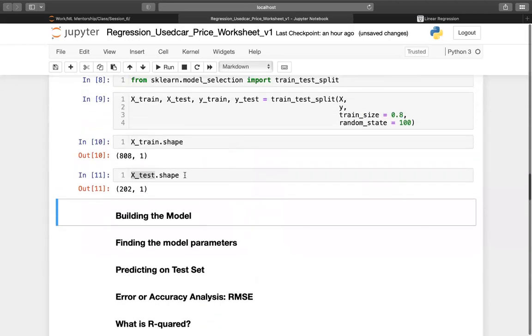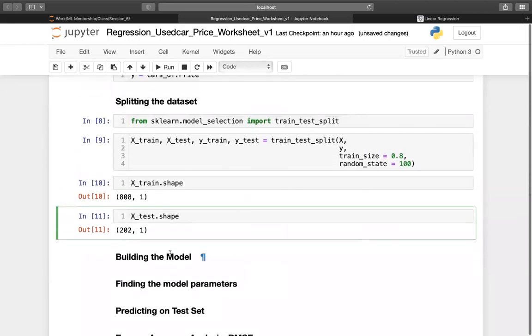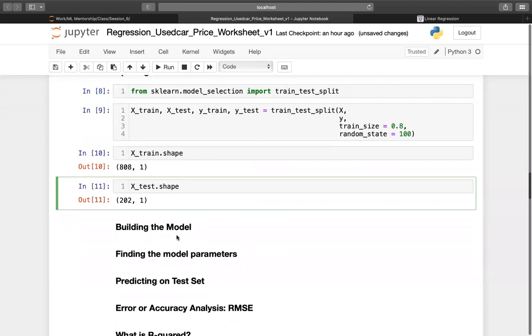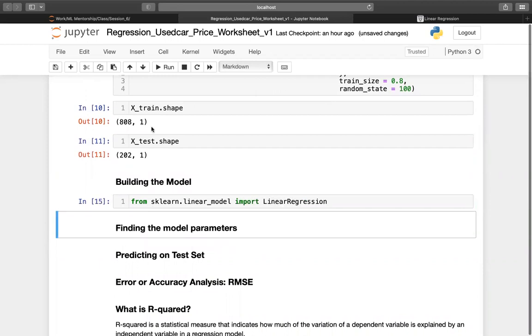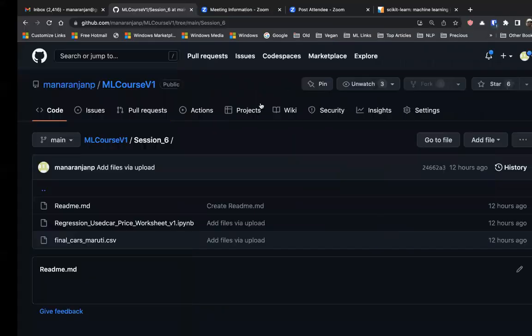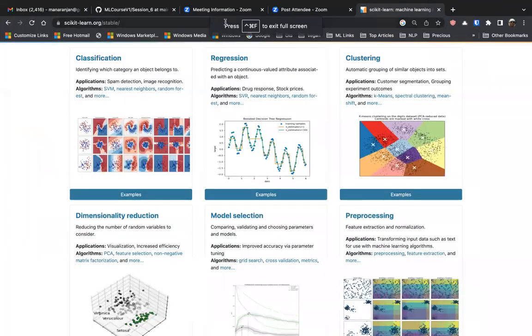Now the first thing that we'll do is what? We'll go and build a model. So we'll build a simple linear regression model. So from sklearn.linear_model import LinearRegression. So if I go back to my scikit-learn site now,